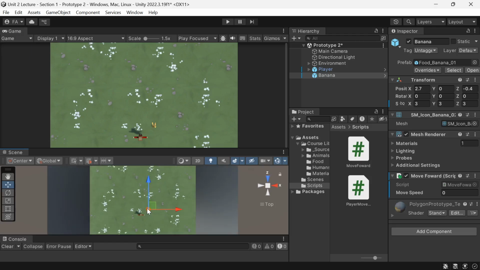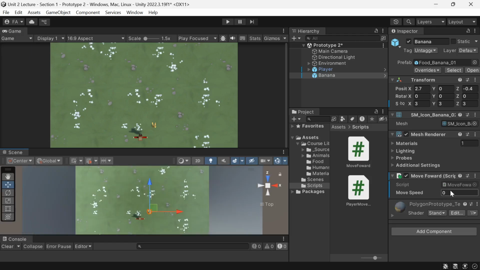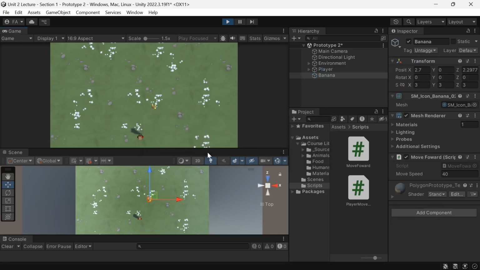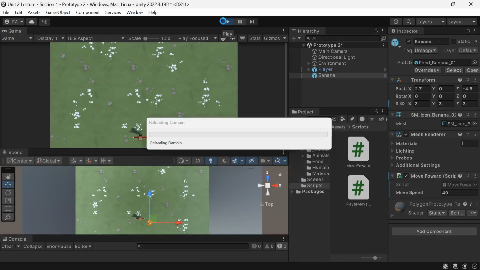So click on the banana here, and then move speed maybe around 40, 40 is good. Okay. So if I move it a bit here para makita ang motion, so you can see the motion. If I click on play, there it moves, it just moves forward, and then it's gone, right? Moves forward,